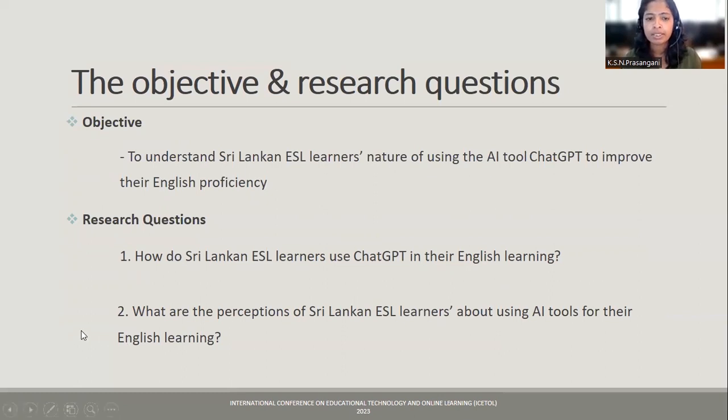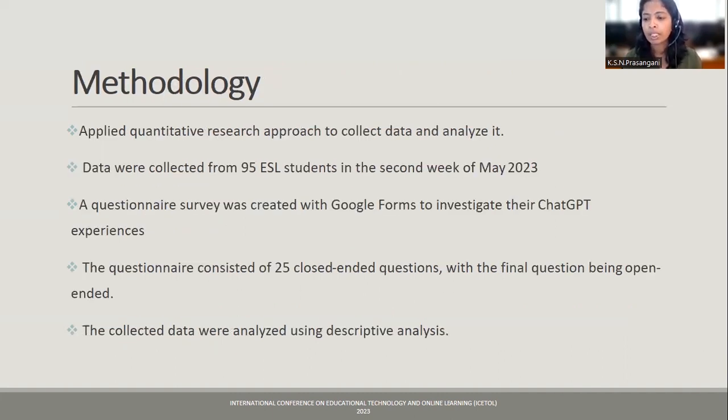To achieve this research objective, we have formed two research questions. The first one was, how do Sri Lankan ESL learners use ChatGPT in their English learning? And the second one was, what are the perceptions of Sri Lankan ESL learners about using AI tools for their English learning? We wanted to know how Sri Lankan learners use ChatGPT and also what their attitudes are on ChatGPT, because since it is a newly introduced AI tool, we just wanted to know whether Sri Lankan ESL learners also have some kind of understanding about that tool